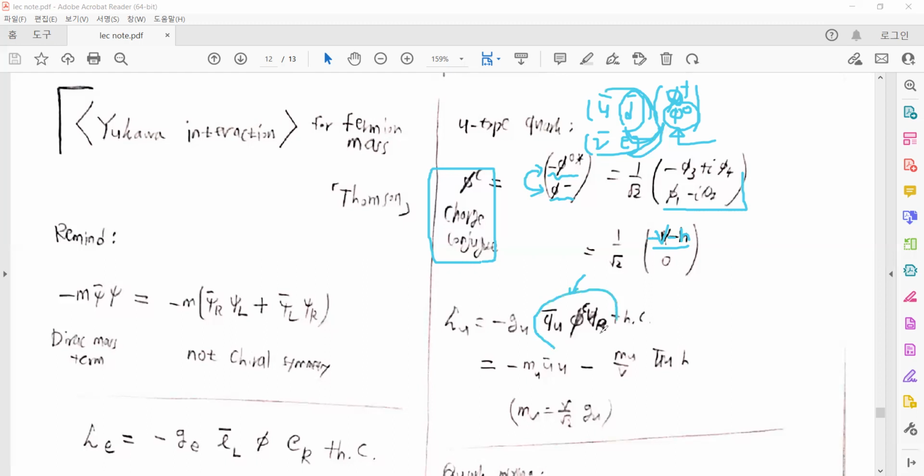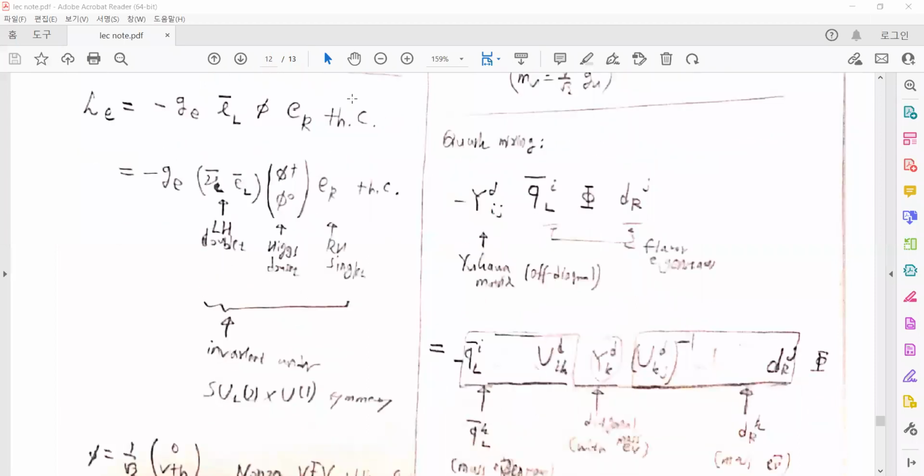expanding these Yukawa couplings between the left-handed quark doublet and the charge conjugates of the Higgs doublet gives the mass of the quark and the interaction between the Higgs and the quarks. And I want to mention that there is some quark mixing because the weak eigenstates and mass eigenstates are different.